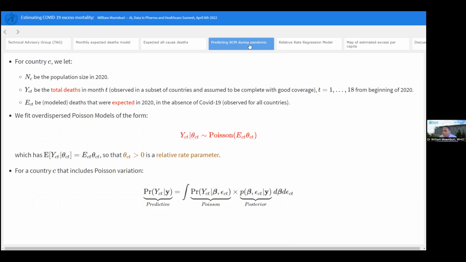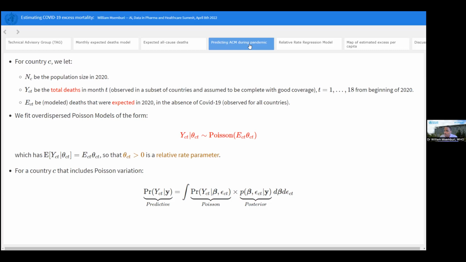So we're using, again, these over-dispersed type of Poisson models similar to the negative binomial. And in this case, I'm introducing, in addition to the capital letter Y, a capital letter E. These are the deaths that are expected in 2020 in the absence of COVID-19. So for these countries, using the data from the countries with data, we fit an over-dispersed Poisson model